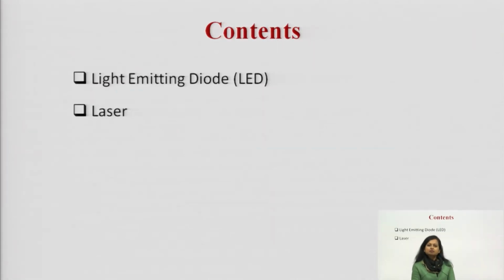See, as I am saying, these are the special purpose diodes. You have studied the PN junction diode, their characteristics, applications, and a number of things. But how can that PN junction be biased, how can a PN junction diode be designed so that it can operate for special applications? One is the light emitting diode, which is the LED, and the second is the laser.